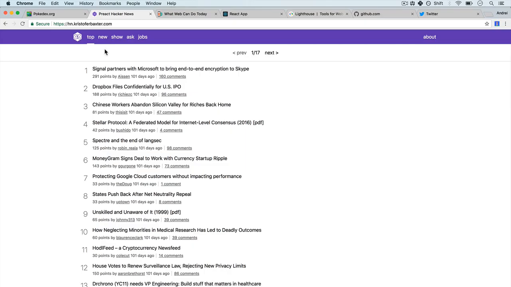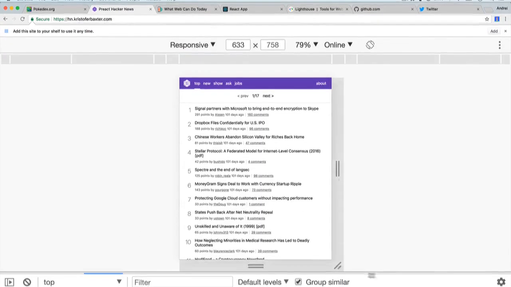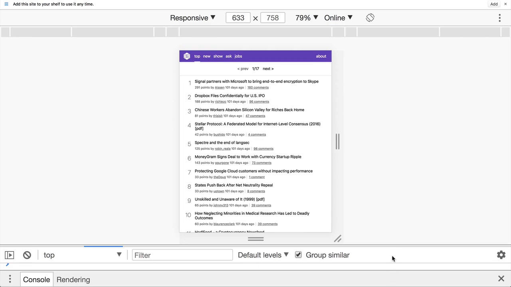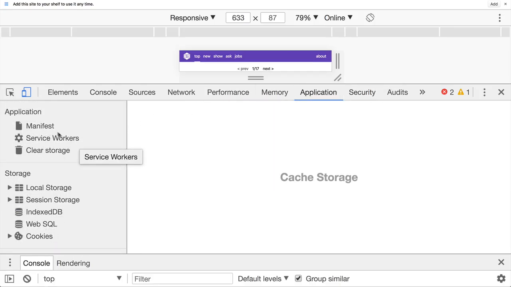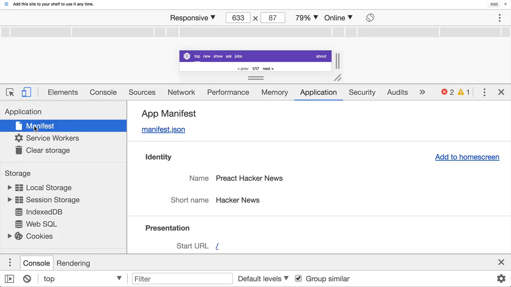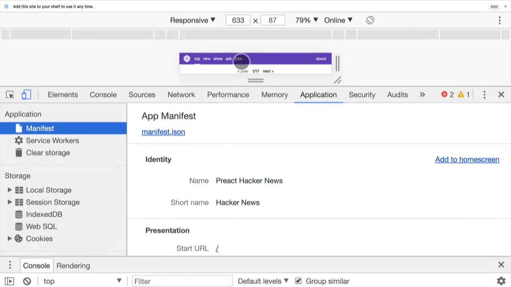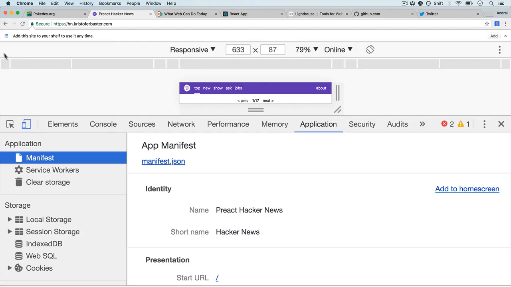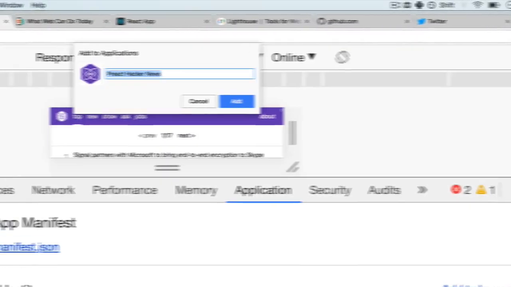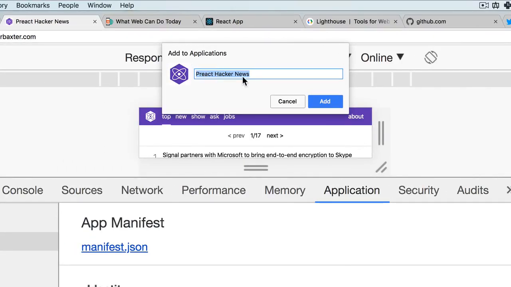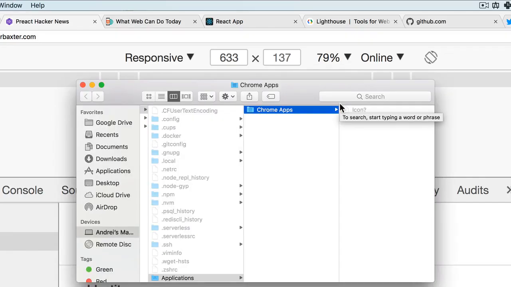The cool part about this, and this is a thing that we'll talk about later on in the videos, is if I open this tab, now let's scroll this tab up, and we go to Application, scroll all the way up to what we call the manifest, we see over here that there's an Add to Home Screen button. And this Add to Home Screen button appears for mobile users if I've visited this site multiple times. It's going to have a pop-up, and you might have seen this while browsing the web as well, that says, hey, do you want to add this to your home screen? You see over here, if I click that, I get this little notification. If I click on Add, I can add the application. We'll keep the name the same. And now on my desktop,